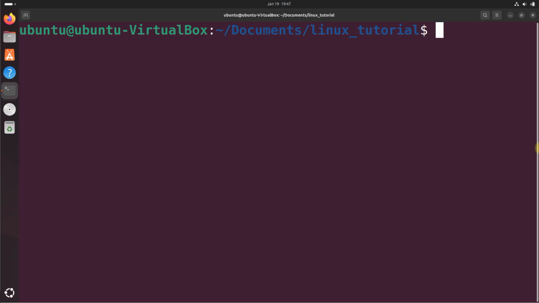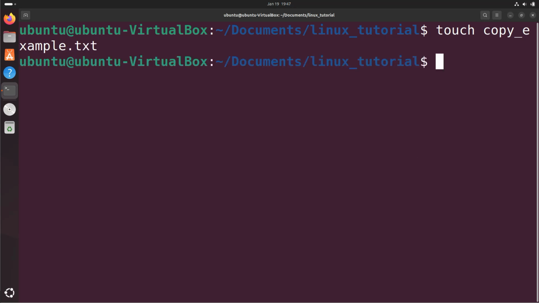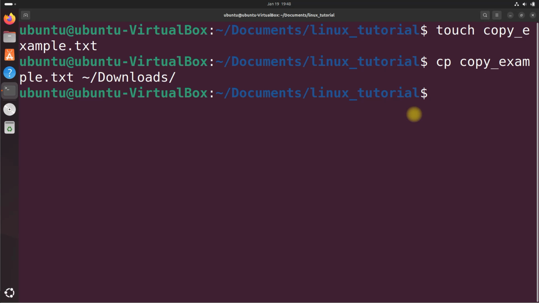directory. For example, to copy a file called copy_example.txt to the downloads directory, let's create this: touch copy_example.txt. All right, and we want to copy that to the downloads directory. We do cp copy and then ~/downloads. Okay, and now let's check to see it's in there by doing open space ~/